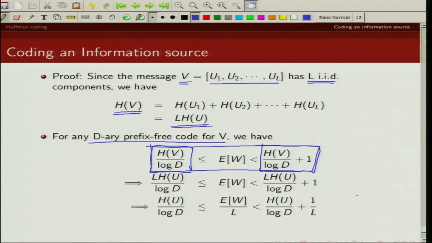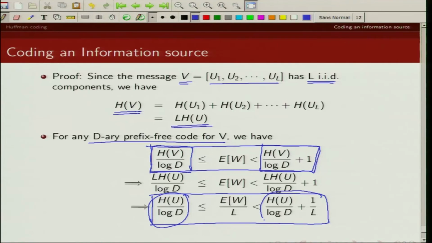Now if we divide by L, we get the relation that the average code word length per source symbol is lower bounded by this quantity, the entropy, and upper bounded by this quantity. Of course, if L is very large, you can see these upper and lower bounds are very close.